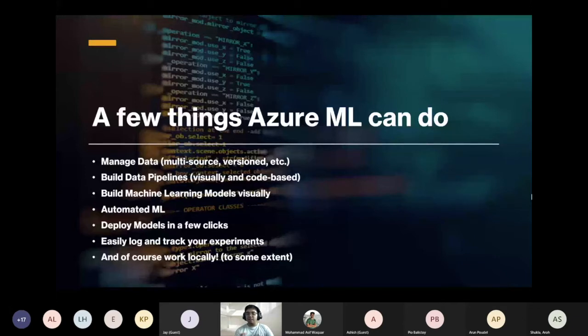So if you want to do visual, you can go visual. If you want to go code based, you can go code based. Before there were basic and enterprise SKUs available, and now they don't exist. So if you're going to use Azure ML, everything's already available, even the visual ones, right?